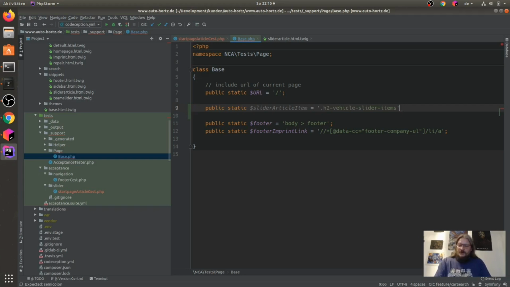So at first we want to test if these elements are there.